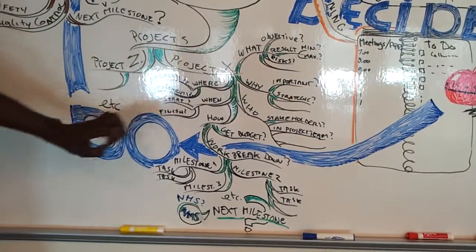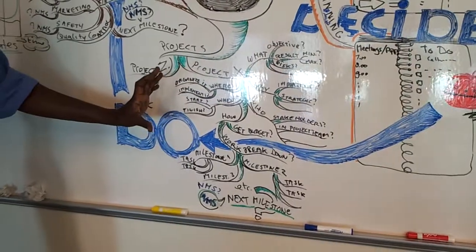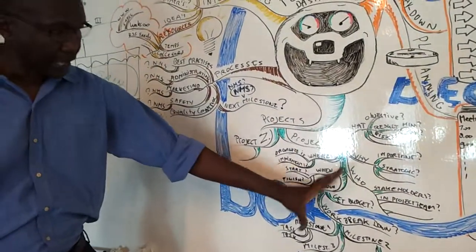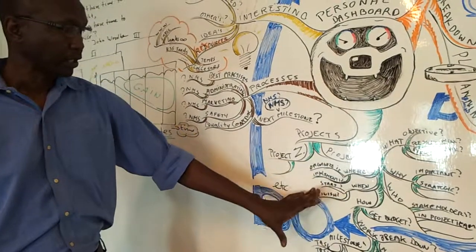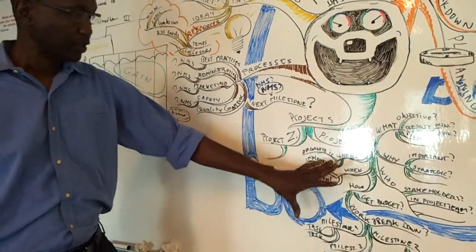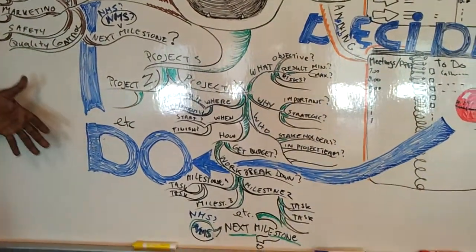And here we learn this 5W plus H technique that allows us to understand exactly what all the different tasks are that are involved in a project. And so I like this very structured way to break down the tasks. Doing, then moving into